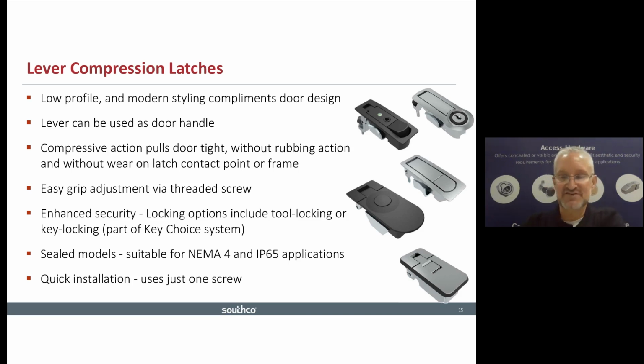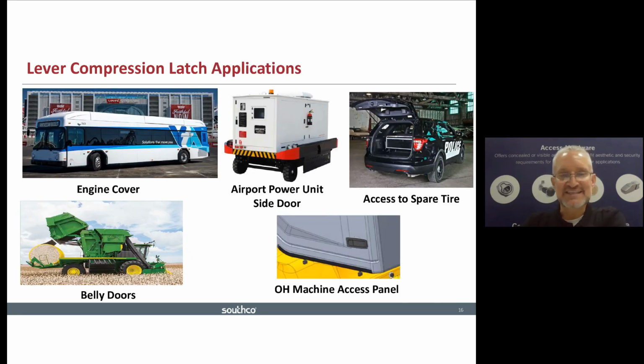Moving on to some pictures of these type of latches, we see that most of the applications that use them appreciate a flush exterior. In this case, we have several panels on the outside of an engine, one on the outside of a bus, one covering an engine, which are very flush and don't detract from the smooth surface and aerodynamics of the bus itself. And the same on the harvesting machinery below, where when you're going through a field or through a vineyard or through an orchard, you certainly don't want latches that protrude and can be caught or slapped by branches or different